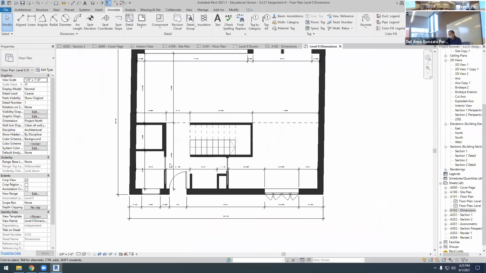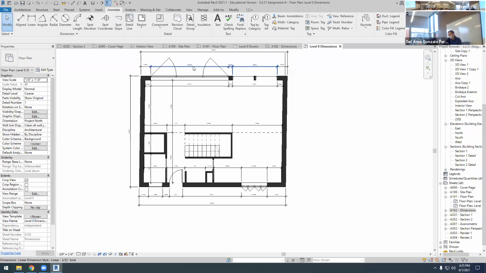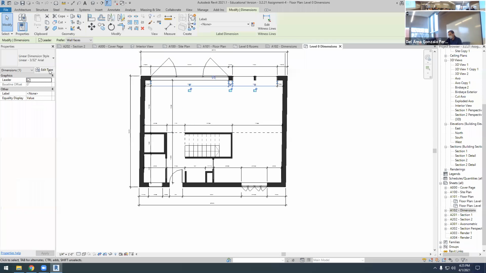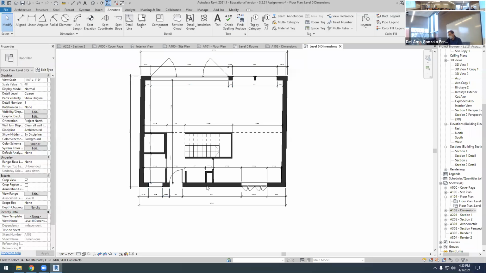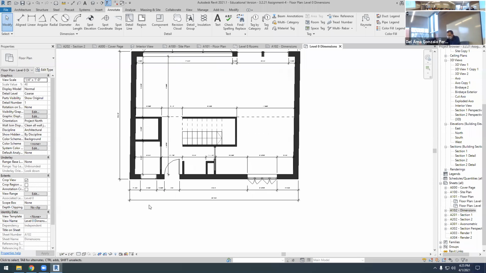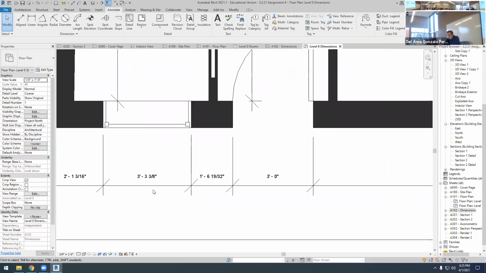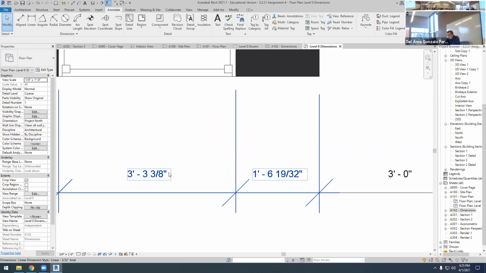This is too small, obviously. But we have 2 options. We can edit the text type, or we can increase the scale. If we increase the scale, we have to change the sheet. We have to make it bigger. So in this option, I think we should change the text size. But